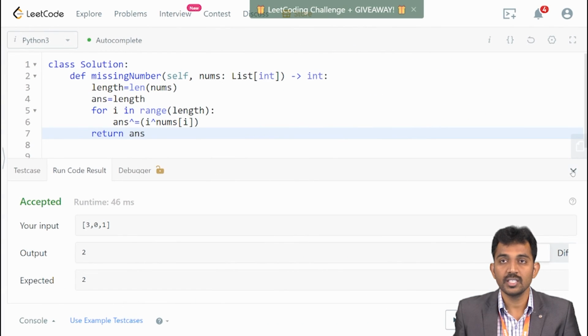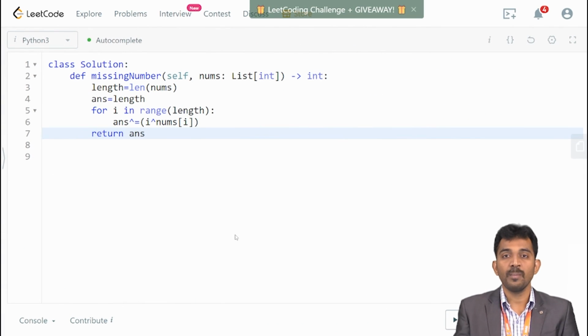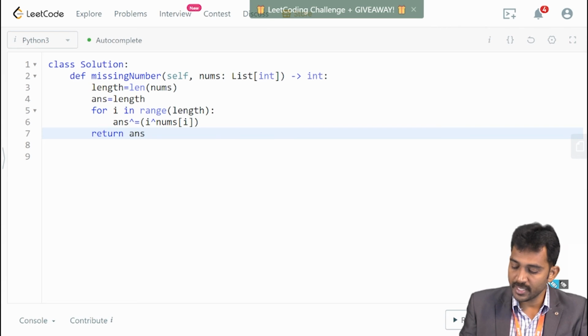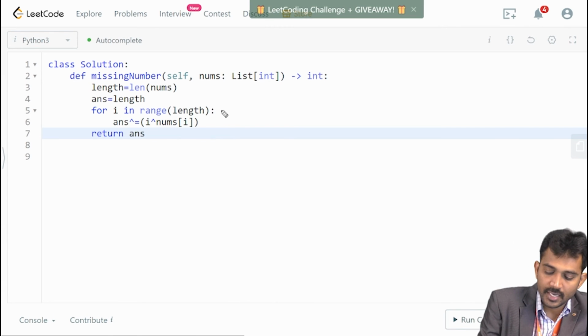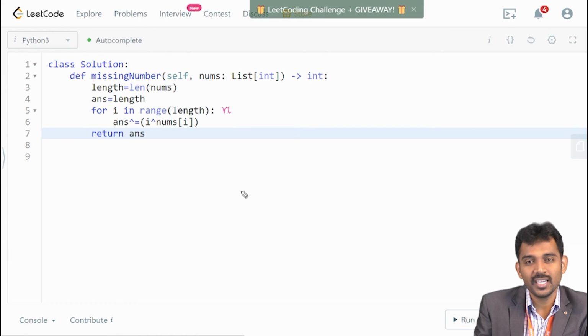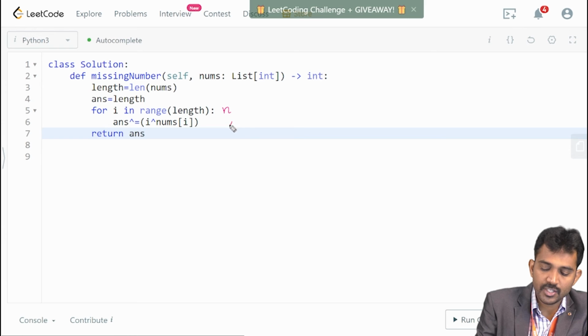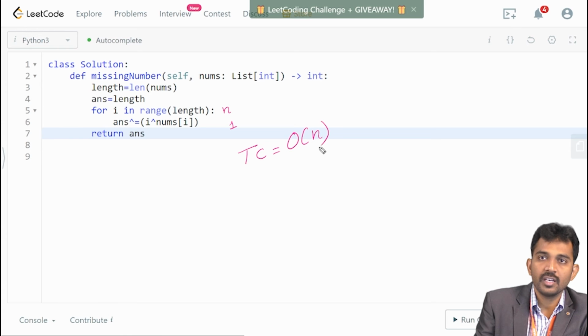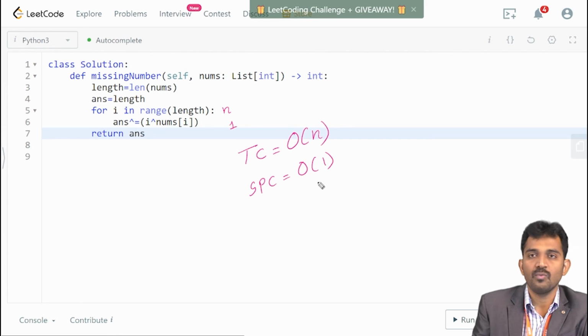But if you see this program, what is the time complexity of this program? The time complexity is O(n) because it repeats n times. I didn't use any kind of hash map here, right? And the space complexity is O(1). So finally, the time complexity is big O of n and the space complexity is big O of 1.